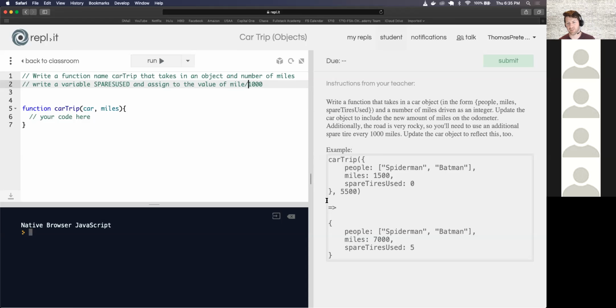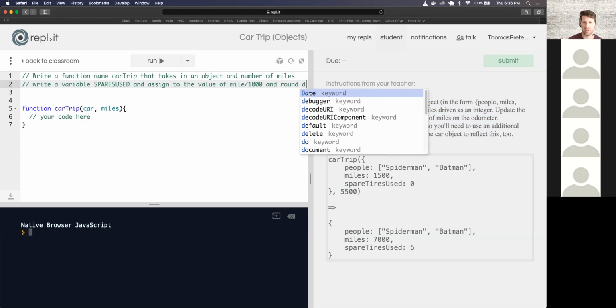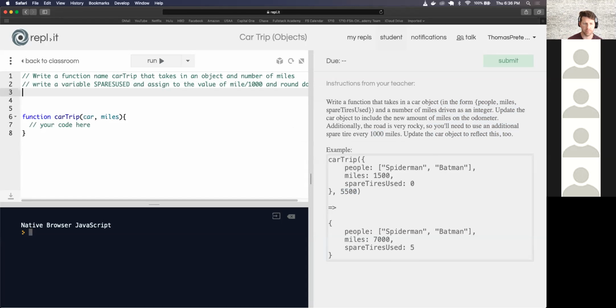And so, for example, this one, 5,500 divided by 1,000 is 5.5, but you can't use 5.5 spare tires, so we're going to have to round that down. So there's a built-in method, miles used, and round down, because we want to round down to the nearest whole number. So I've got that variable. And then I just want to, I don't even need a new, I can reassign the value of